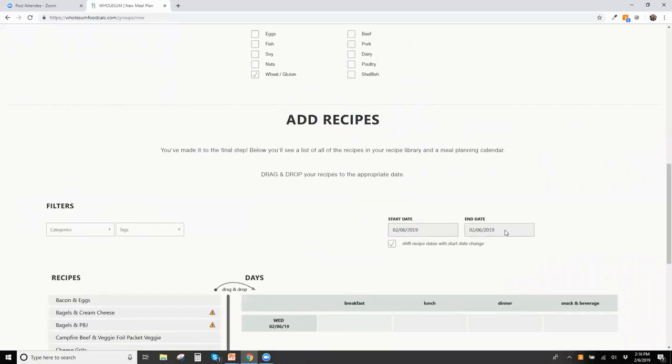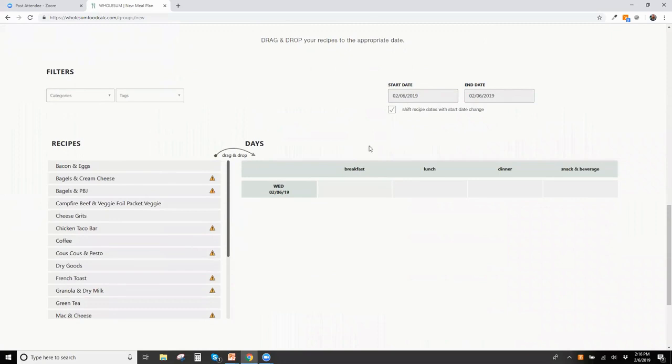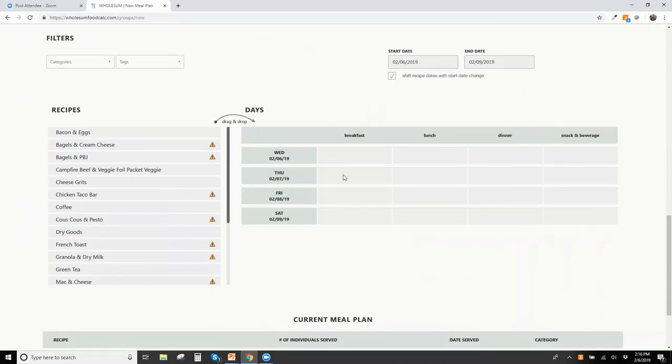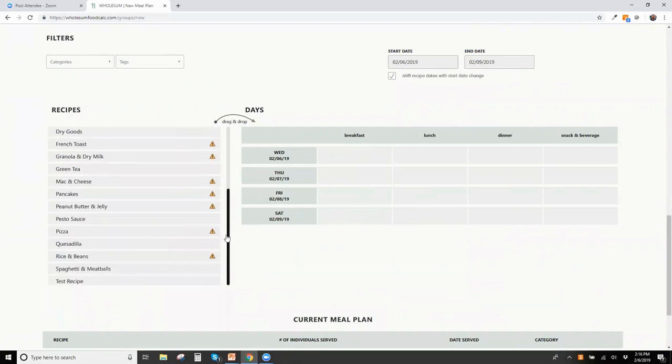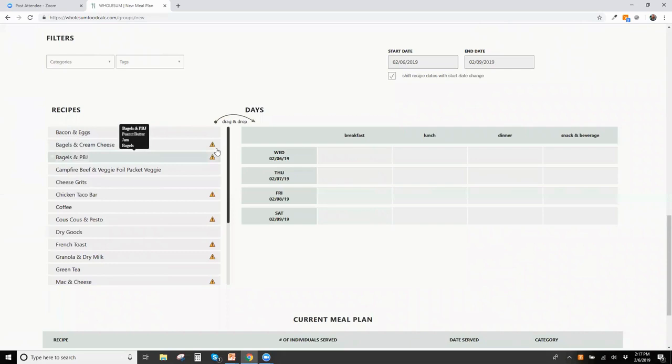And then this is basically the final step here, which is to create your actual meal plan. So on the right, you've got this grid. We can define the dates or the number of days on here. So in this case, a 4-day event or trip, and your different categories, breakfast, lunch, and dinner. And on the left, these are all of the meals that we've created in that first step. And what we'll do here is just build out your